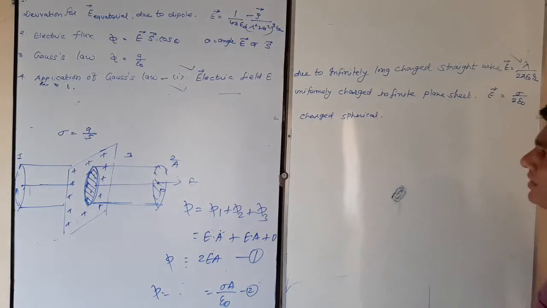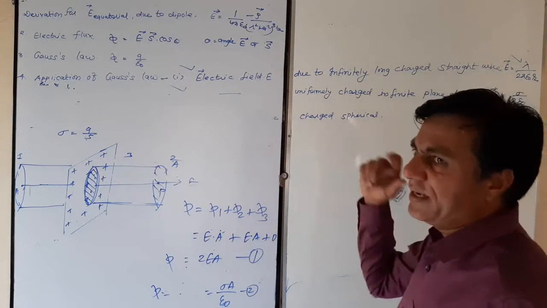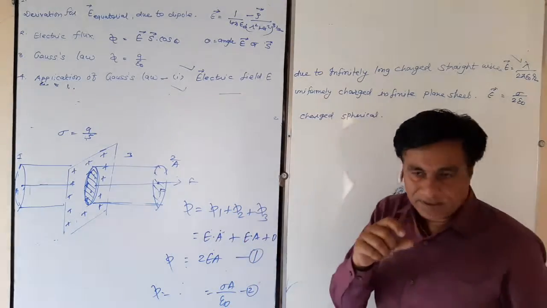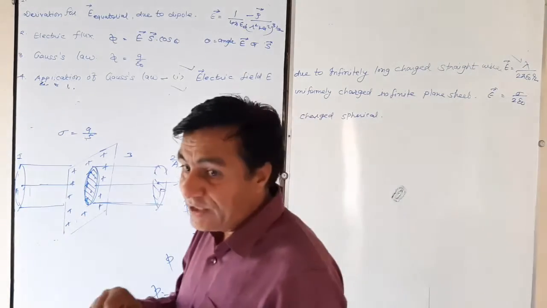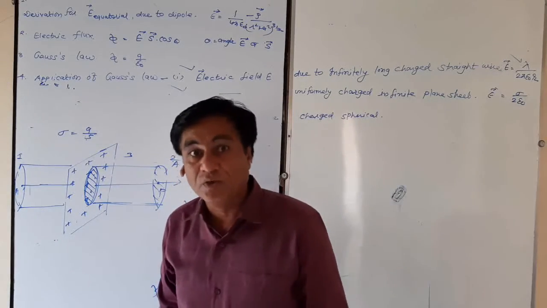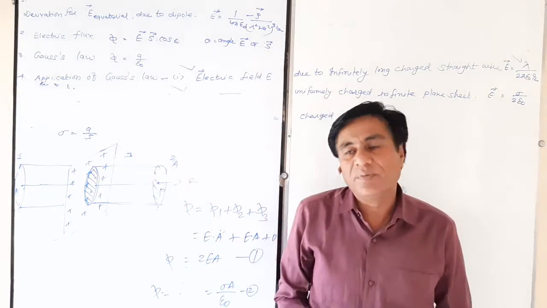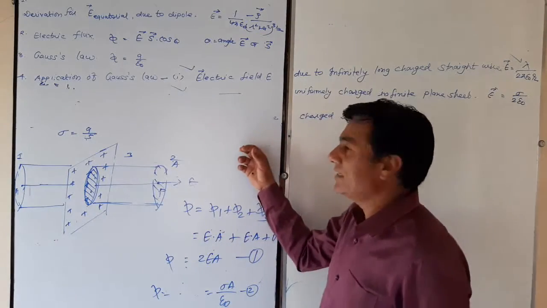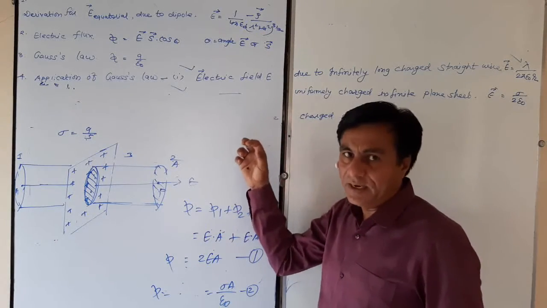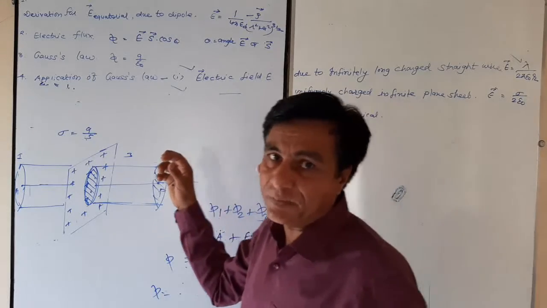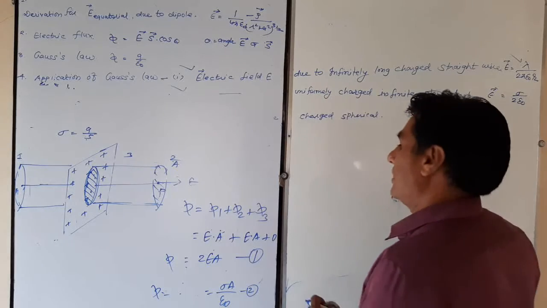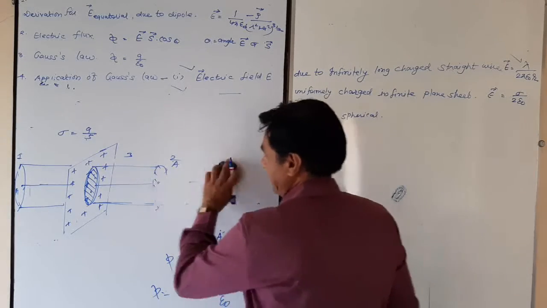Now we have completed the applications of Gauss's law. There is another, the spherical shell, but in the reduced course, the 30% reduced course due to pandemic COVID-19, it is already deleted. Third, the electric field intensity due to a spherical shell is already deleted from our course. We will leave it.